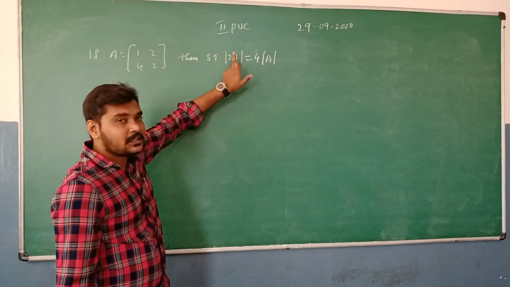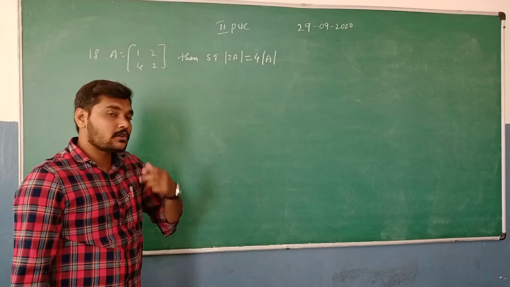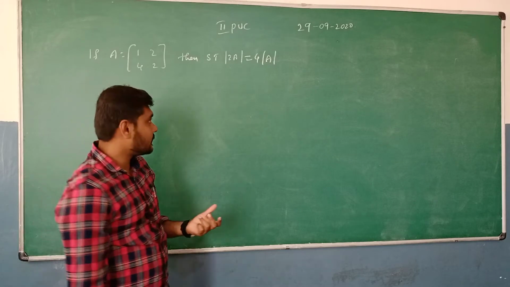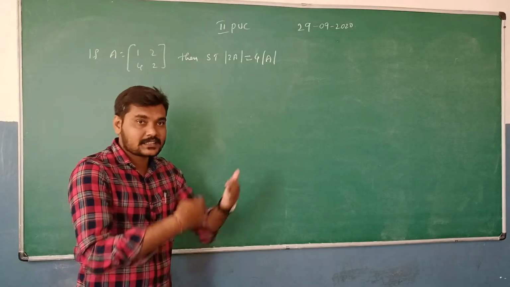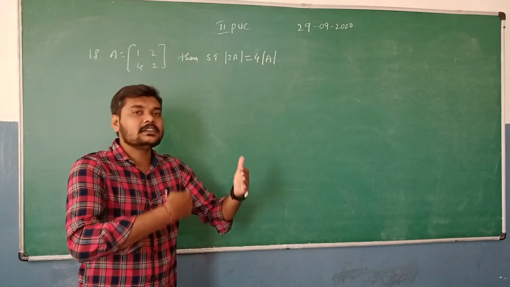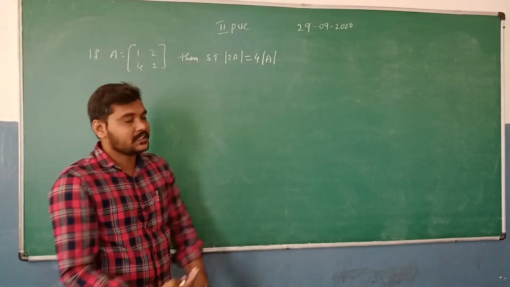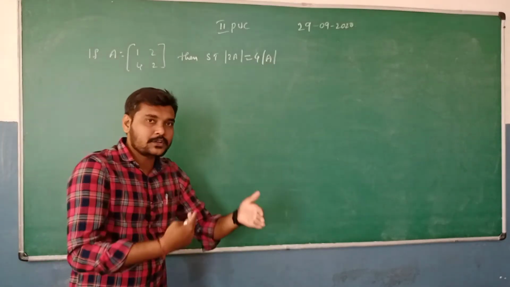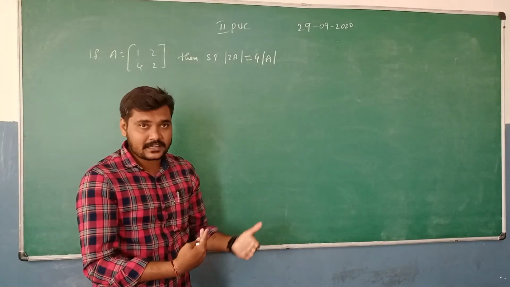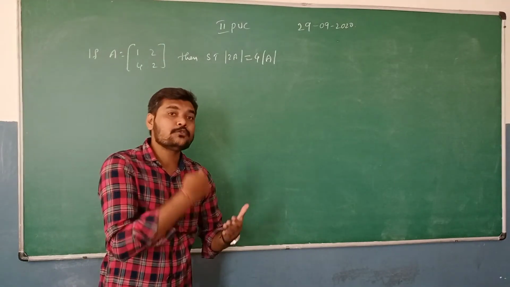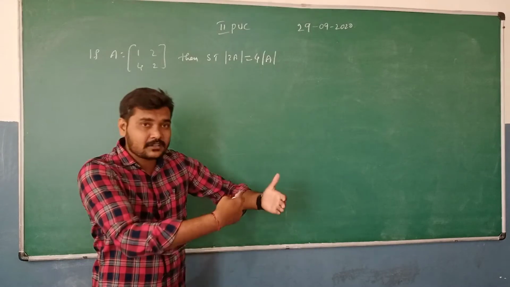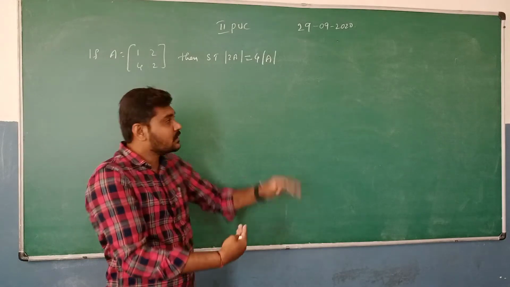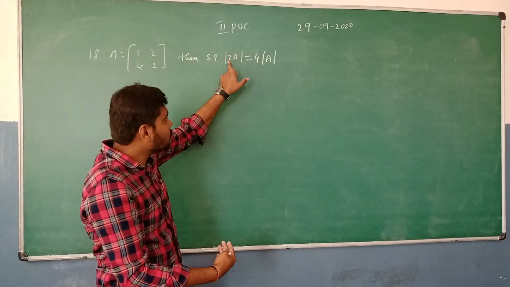So determinant of 2A is nothing but, when we multiply a scalar to the matrix A, then we need to find that scalar-multiplied matrix and we can find a determinant for that matrix. Here, 4 into determinant of A is nothing but first we need to find the determinant value of the given matrix, then we multiply 4 into the obtained value of the determinant. So here first we need to multiply 2 to the matrix.